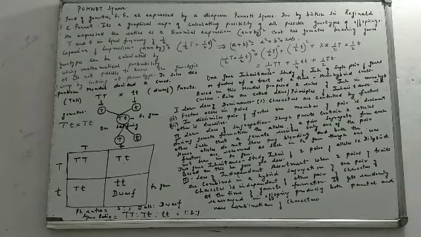That means alleles will not show any blending. Alleles will not show any blending or any mixing of both the characters or both the factors. We have also seen that the factor which was hidden in the F1 generation expresses itself later in the F2 generation, but there is no blending. I had discussed with you yesterday also that when we cross red and white, white may not come in the F1 generation, it will come in the F2 generation, but there would be no blending. This is the law of segregation.